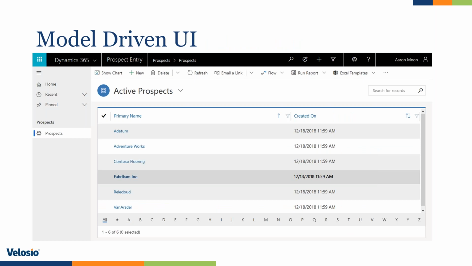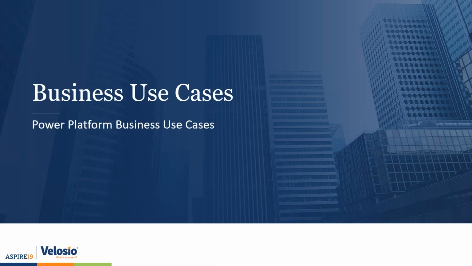I've got one last screenshot, a little bit bigger here, of what the model-driven user interface looks like. Again, a menu on the left-hand side. You've got your standard navigation bar at the top, command bar below that. And then here we're looking at a view or a list of data. So those are pretty common